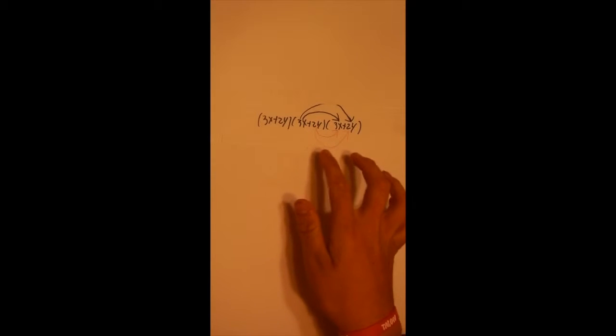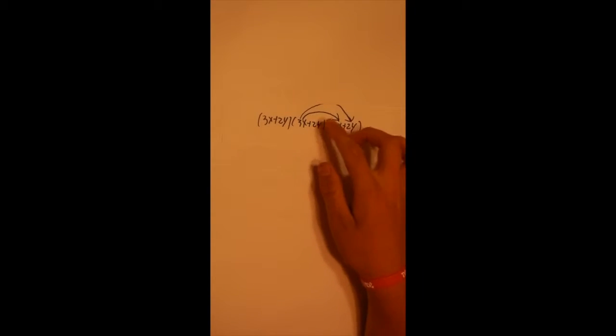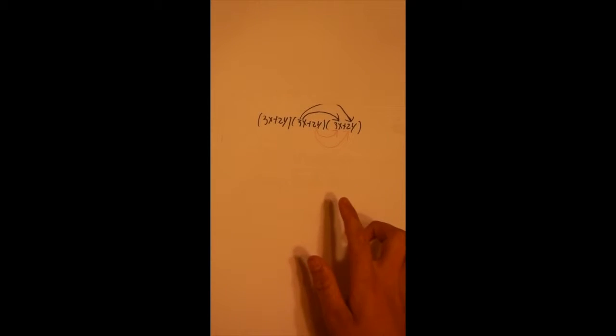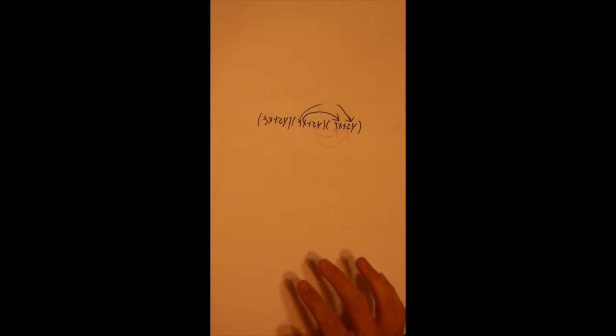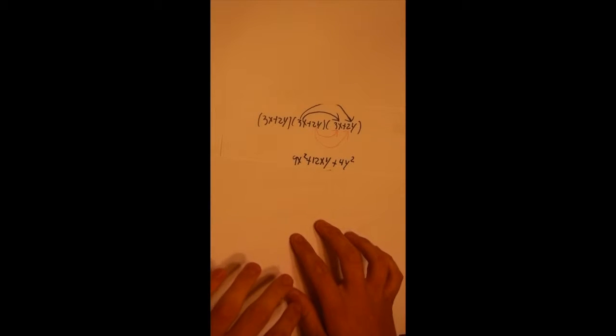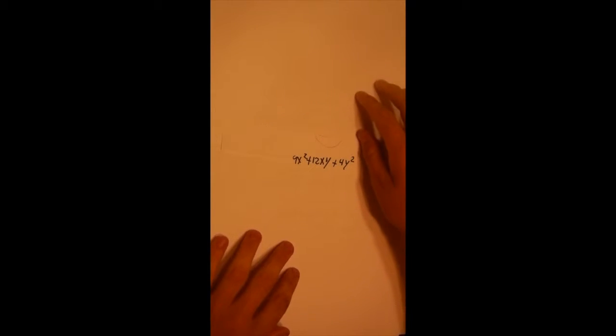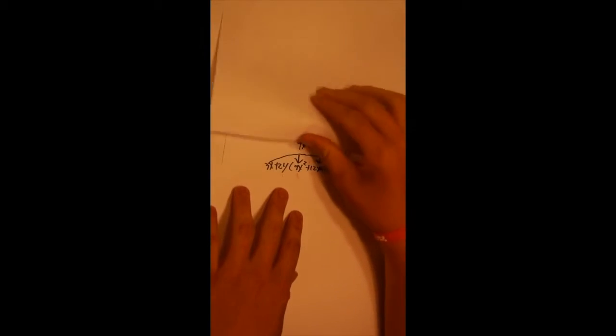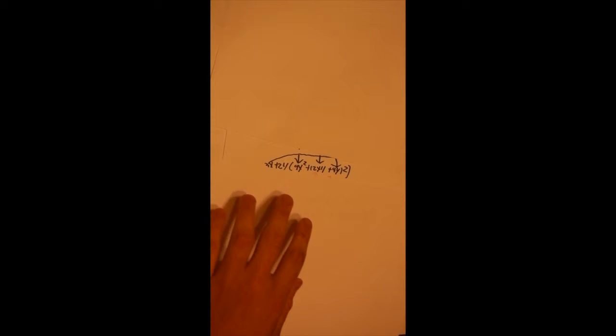just two of the binomials. So usually, it's easiest to do the last two. You carry out the last two, and then from there you get 9x^2 + 12xy + 4y^2. You get that, and what you do is you bring down this other binomial right here, as shown here. You bring it down here, and then you carry out